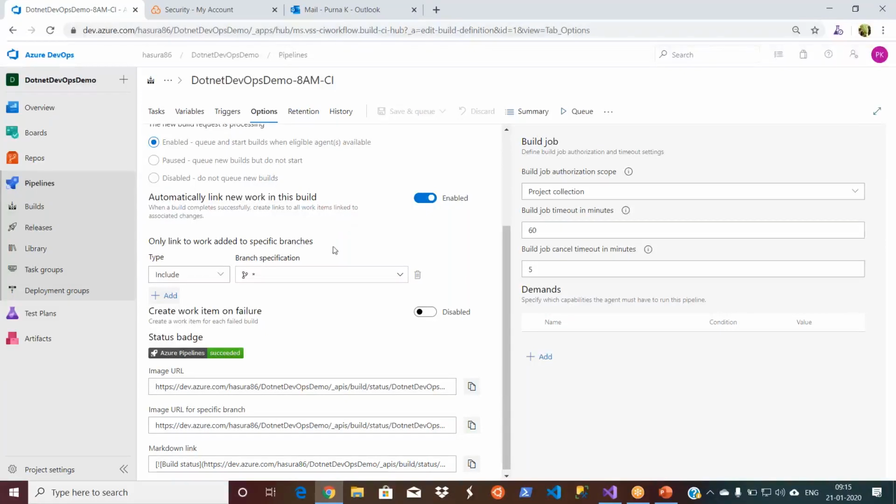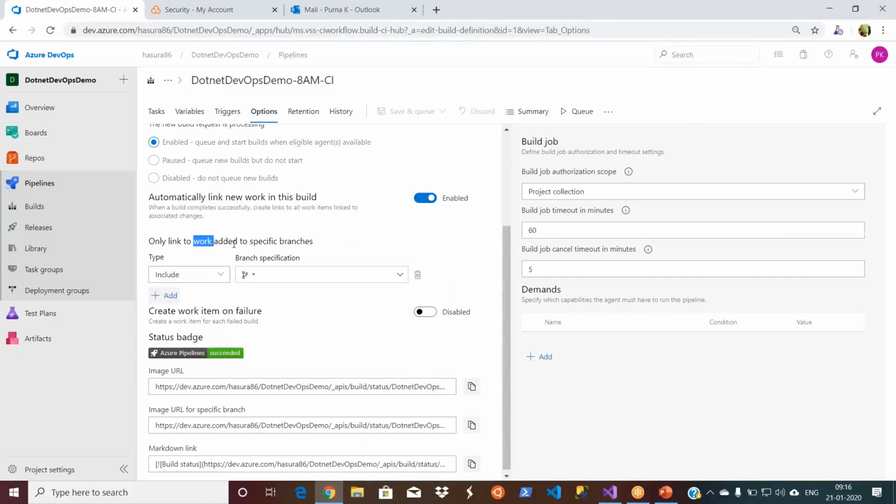So how does it help here? When your build completes, you are getting the email notifications, right? You can get the details about your work items. Okay, what are all the features that are part of this build? Generally, you will do it manually, right? You will create a big documentation saying, okay, this is my build, this is my repository, and these are all the product backlog items that I implemented in this sprint, etc. So you don't need to do all that stuff, because all of it is automated.